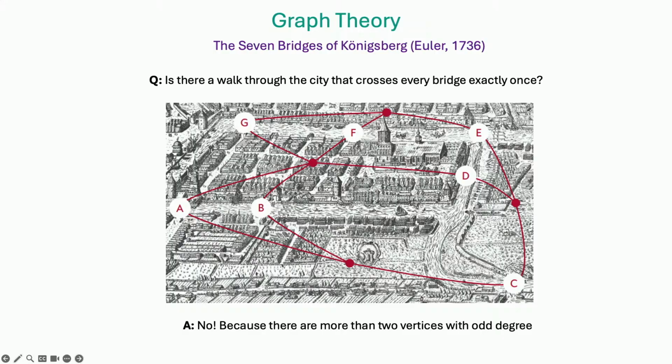configuration of a graph showing up, and then Euler showed that it's not possible to walk through the city crossing each bridge exactly once, because there are more than 2 vertices with an odd degree. So this is how graph theory started, and moreover, this is also how topology